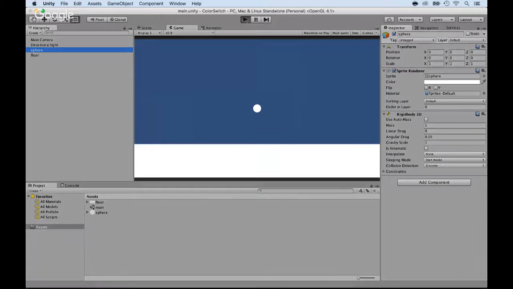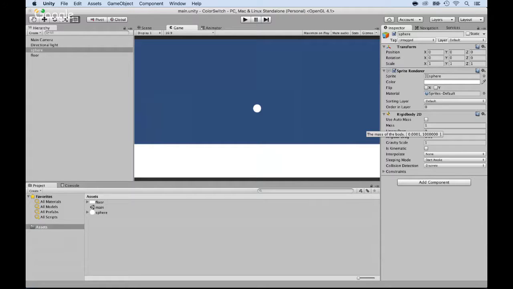So you can just go and press play. And as you can see, the ball started moving downward. Now, the reason why it did this is that it has a mass and it's automatically using the physics gravity. And if you wonder what happened to the gravity, it's because by default, the physics of Unity has gravity,